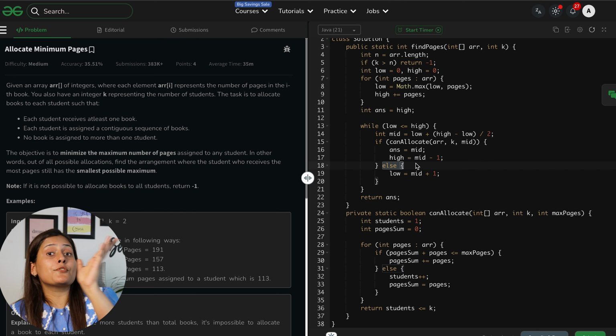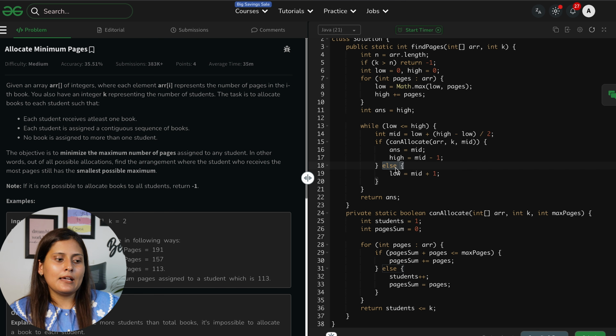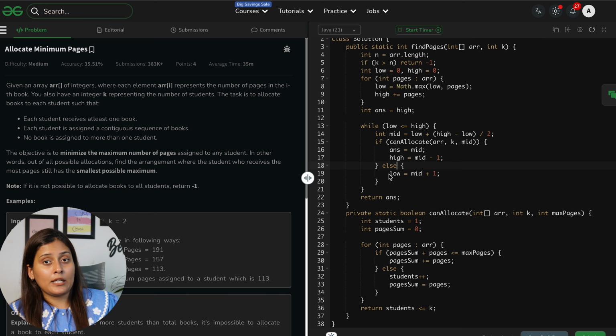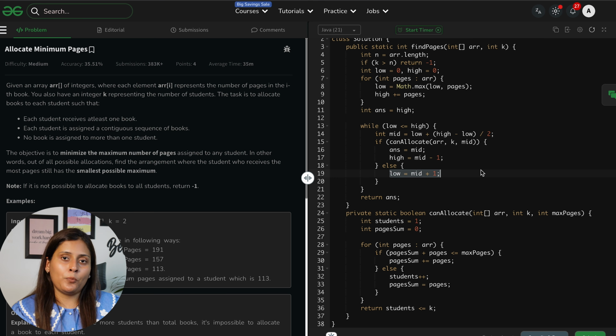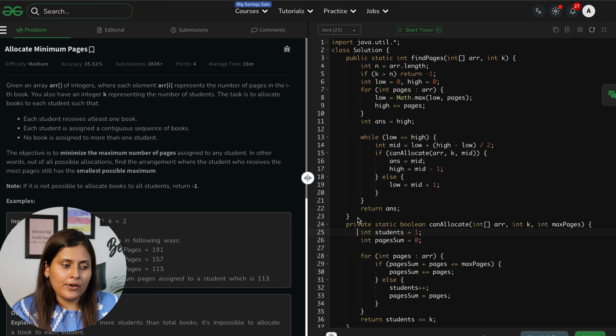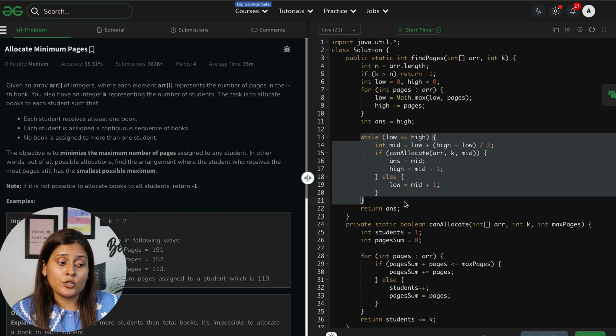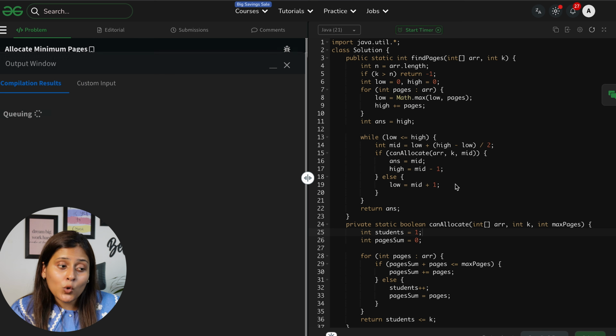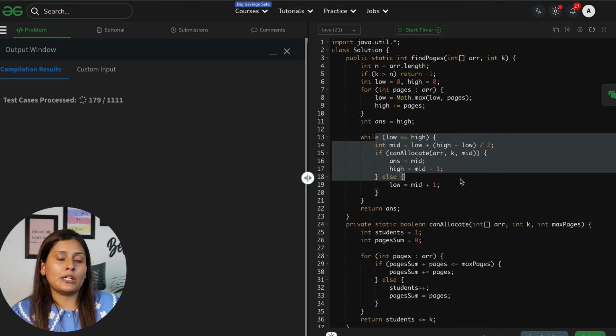So now we want to search for the larger numbers. Suppose 90 is the mid, we want to search for a higher range in the right half, so we will move our low pointer to mid plus 1. And now all the rest is the same, the function is also the same. The only thing we changed is the while loop for the binary search instead of running the simple